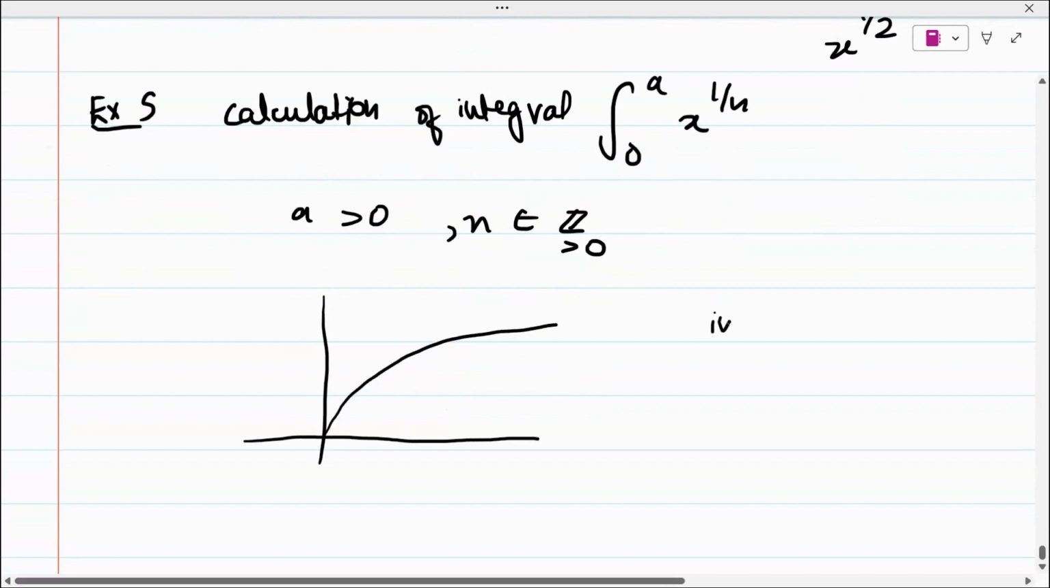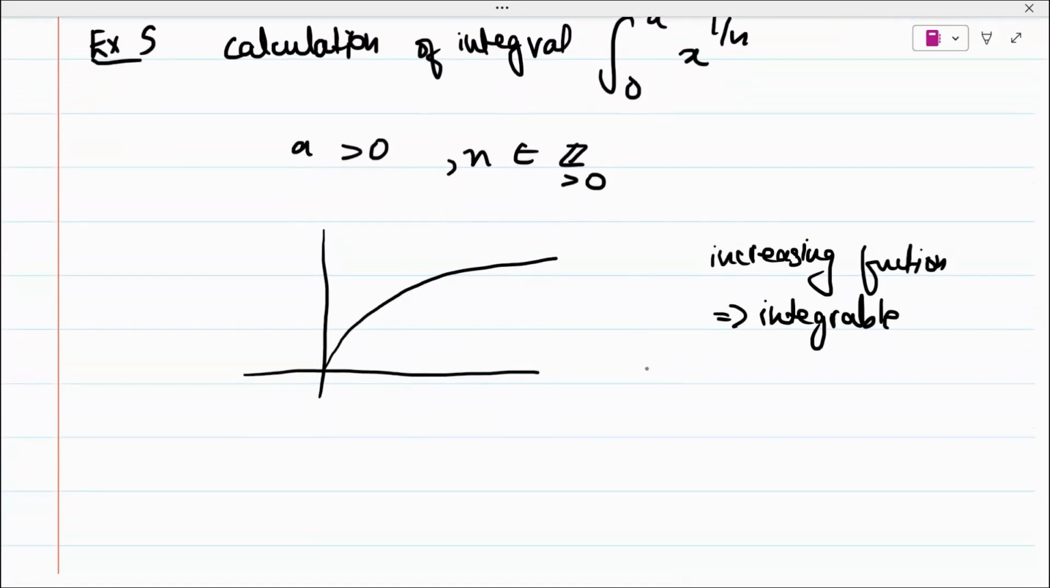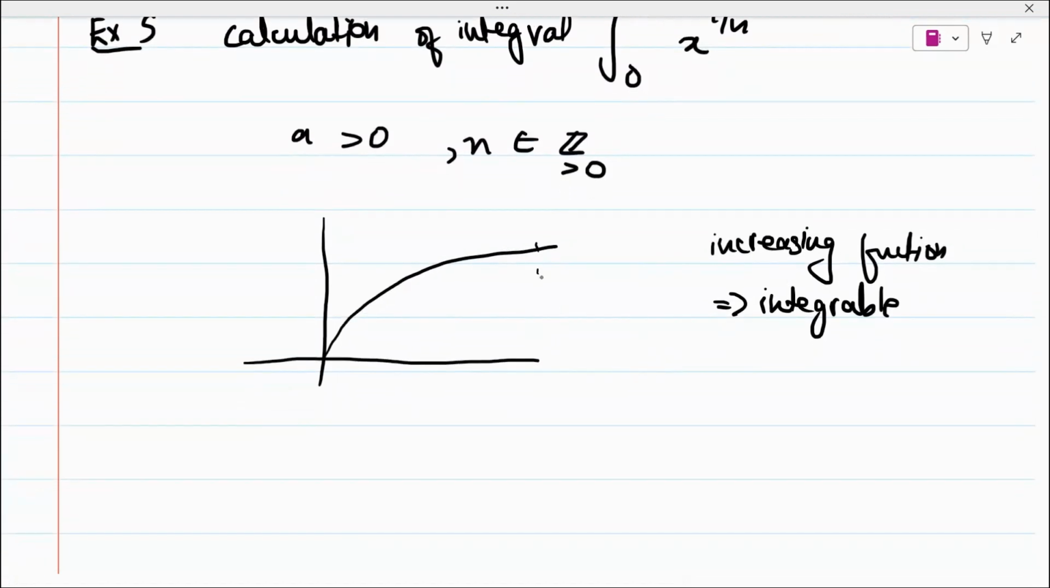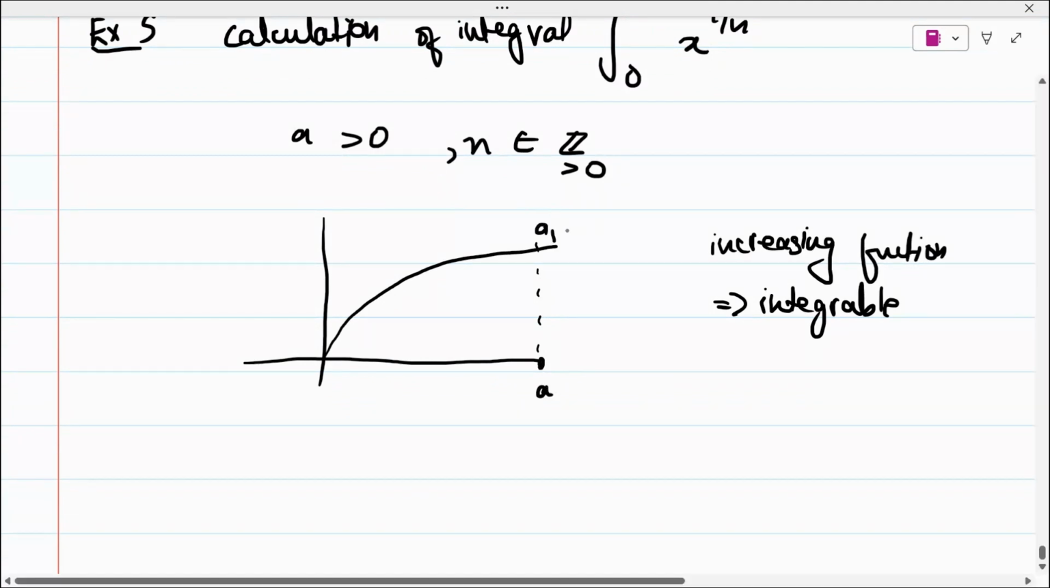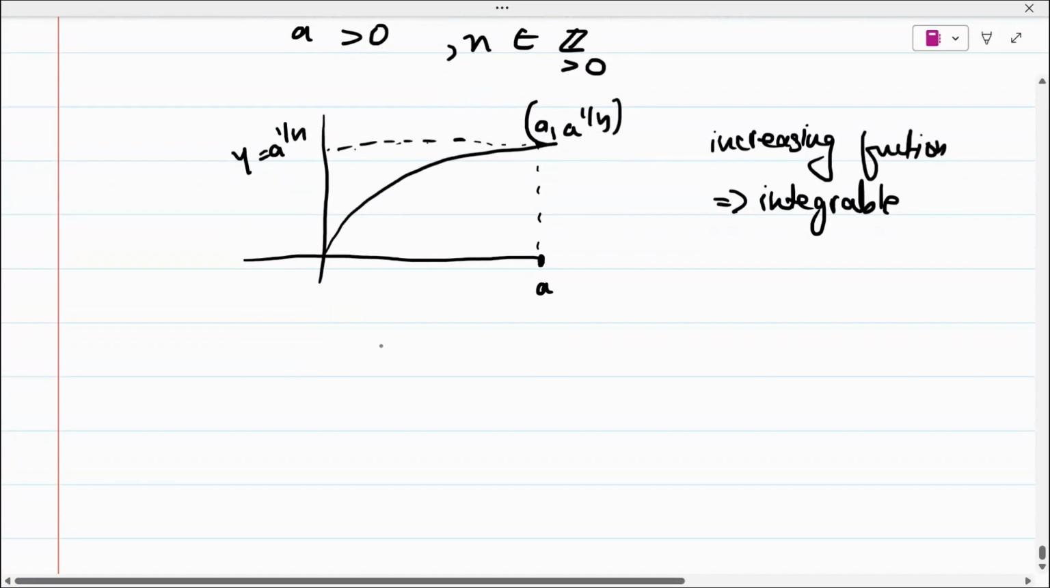It's an increasing function. So say for example, I'll take it. Okay, wait. So now this point is A. So A comma A to the power 1 by n. So you take a y equal to A to the power 1 by n. So that is our standard. So now say we want to calculate this area,